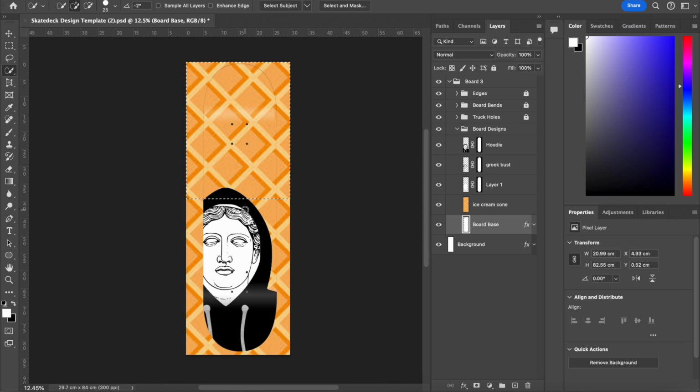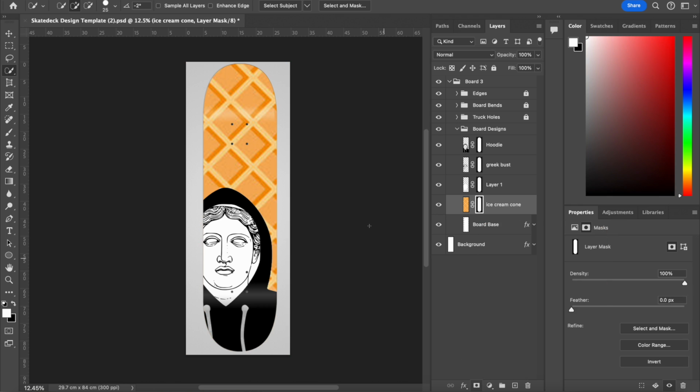And then the last step, click and drag on the board base, go to our ice cream cone layer and apply the mask. Now that is a very simplified version of how you would create a design in Photoshop, but